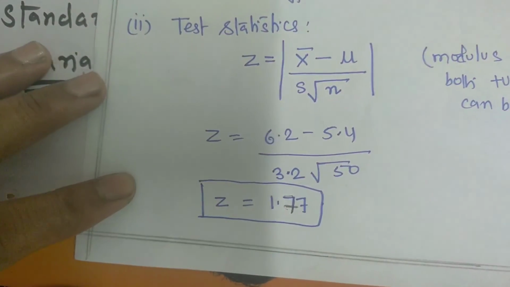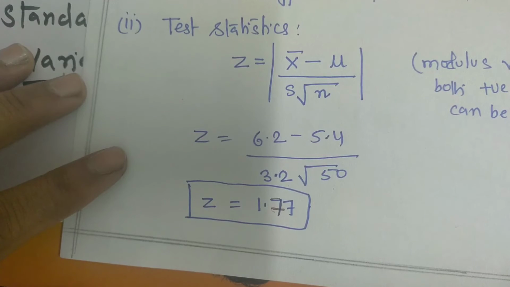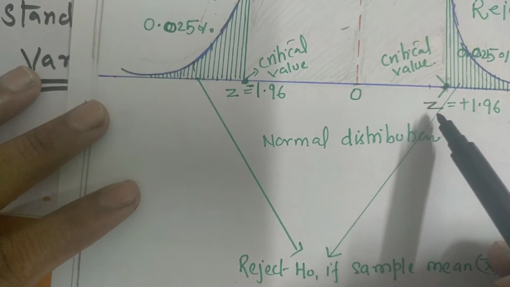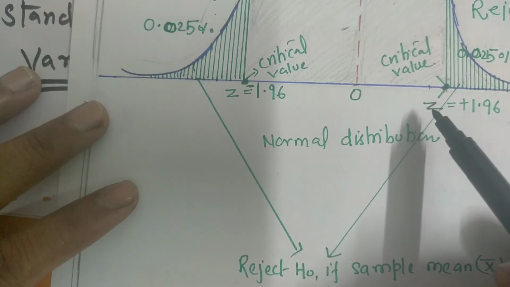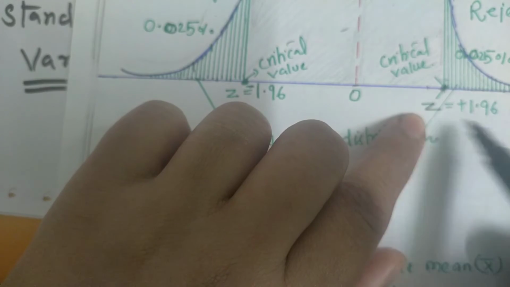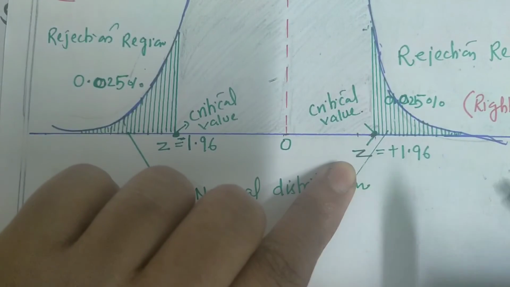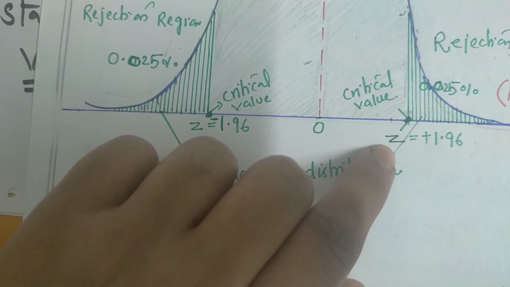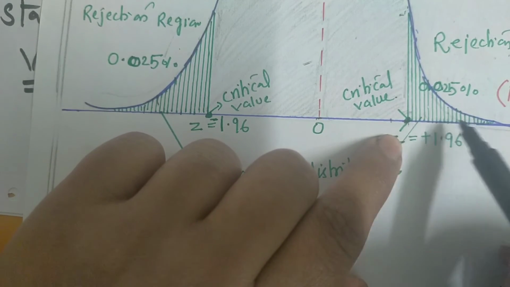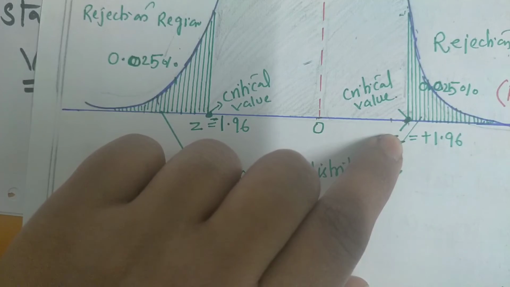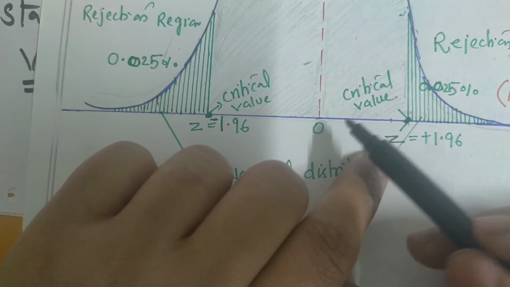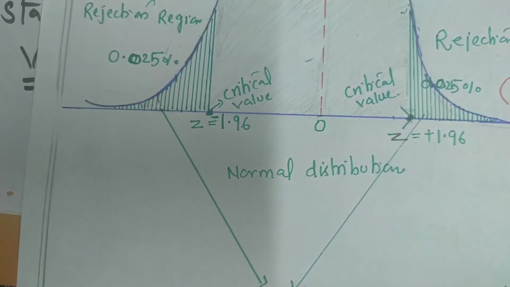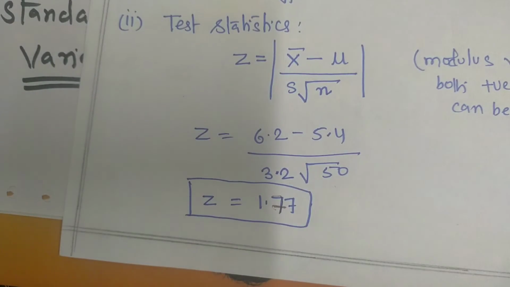Now we have to calculate the z value. Why? Because, just a minute, I'll show you that page. Okay, this is the z value. If we get this value, then above or below it we can say whether we reject or accept. If the value we calculate comes on this side, in the rejection zone, we are going to reject. If it comes on this side, we are going to accept it. So that's why we have to calculate our z value.